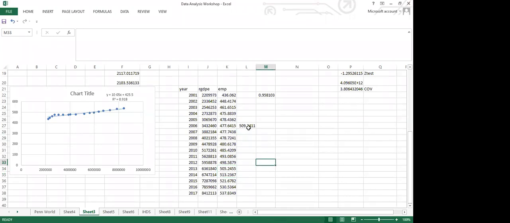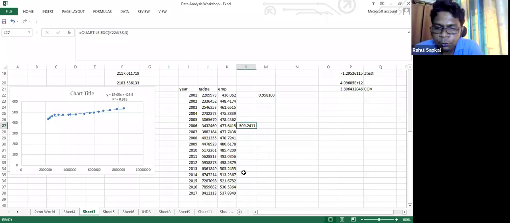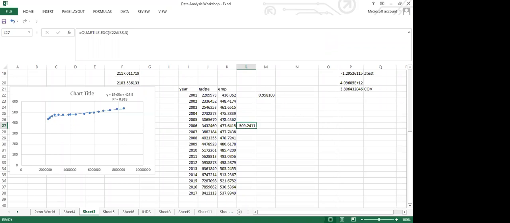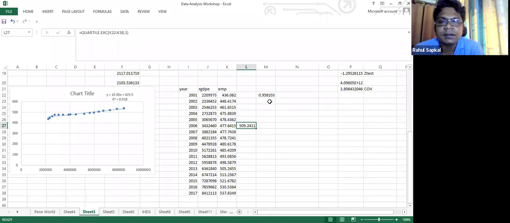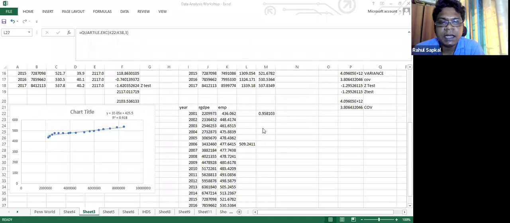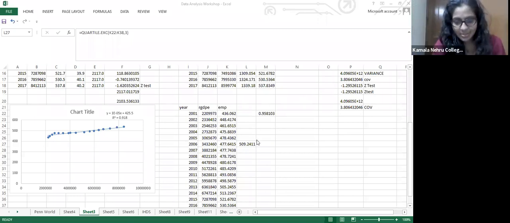Okay, sir. Thank you, sir. Yeah, I hope you remember that there is an interquartile formula, na? Q3 minus Q1 divided by N. Yes, sir. We have that in our book. Yes. Is there any doubt so far? I guess there are no doubts.